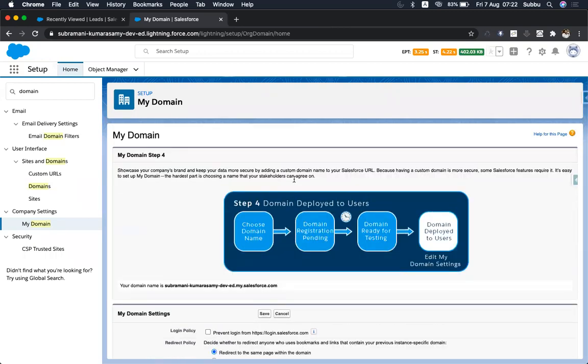And this is also a prerequisite for single sign-on. If you are working for a client, you will have some employee ID and some unique code. Based on that, they can set up the single sign-on. So if you just type the URL, you will be logged in directly. For that, the custom URL, this domain, is a prerequisite. So enable My Domain as a prerequisite for creating Lightning components. Both are under Lightning Web Component.